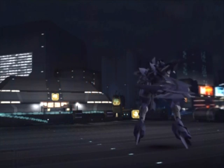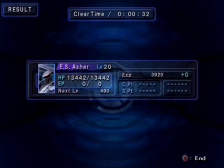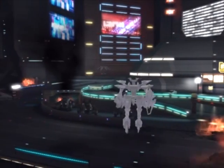So there we go, that's that done. Don't be afraid of boosting and doing whatever. It's really not a battle that you can lose, and it's not a hard battle by any stretch of the imagination, so just plough through, and you soon won't be able to control the ES, but